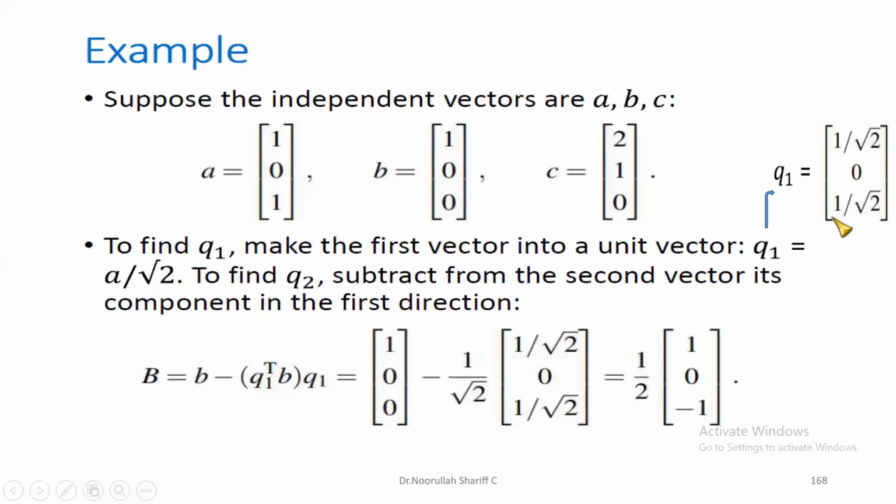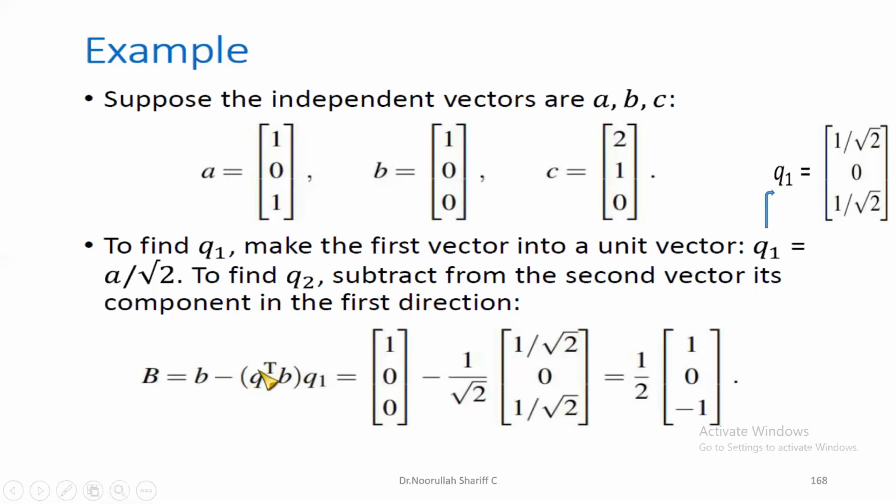So having found Q1, then we try to go for finding Q2. We might have a component in the A direction, or rather in the Q1 direction. And that component has to be removed from B so that we get only the orthogonal component to Q1. And that becomes the orthogonal component in the Q2 direction. So to find Q2, we subtract from the second vector its component in the first direction. So we will get capital B is equal to small b minus Q1 transpose b Q1,